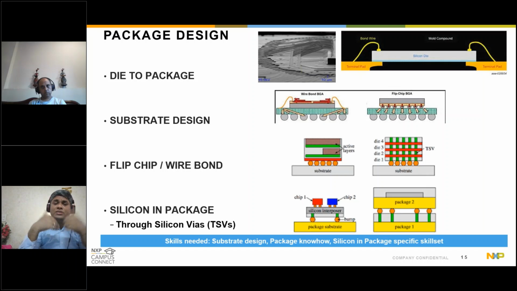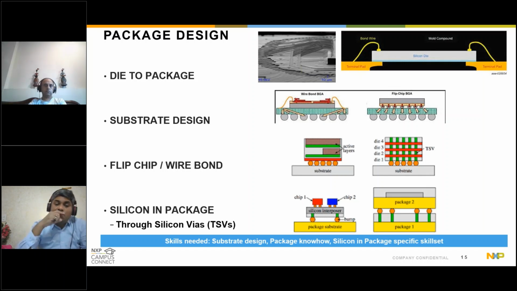Then there are the different kinds of packaging technologies, whether it is flip chip. Flip chip means you have a chip with the balls, essentially the leads, directly printed over the chip itself, and you just have to flip it and put it on the substrate, and the connectivity gets automatically established. This is flip chip. But wire bond was traditionally what I said, right? Everything is exposed, and then you connect the IO pads to the pins with maybe some gold wires. For example, what is being shown on the second illustration here.